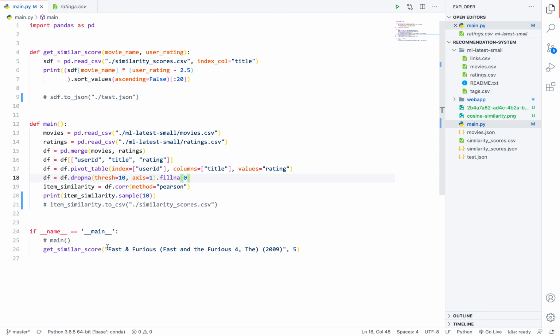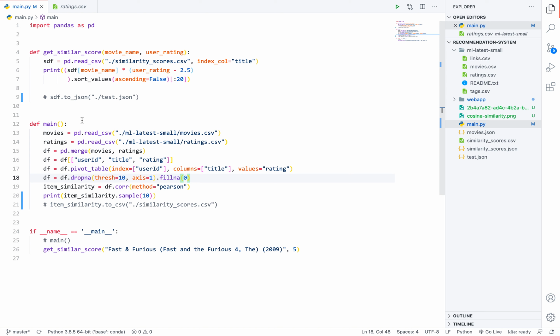Content filtering is a very easy concept. You just use the movie details and recommend similar movies. But in this video we are using the rating column to find the similarity between the movies.